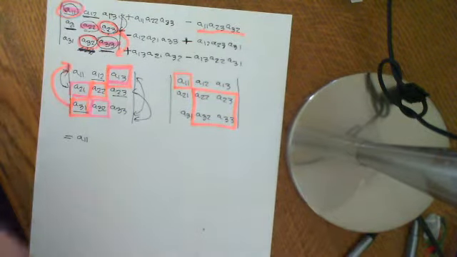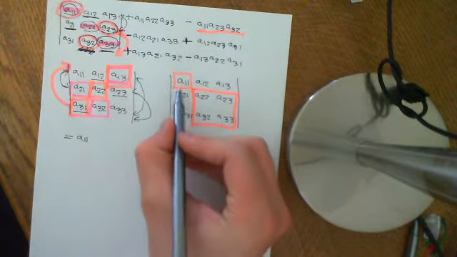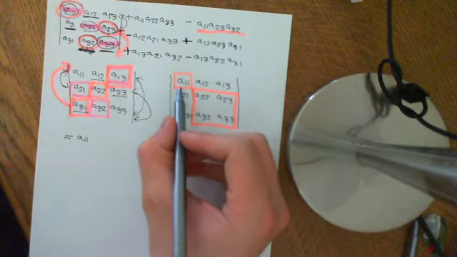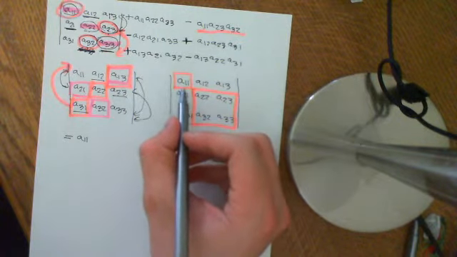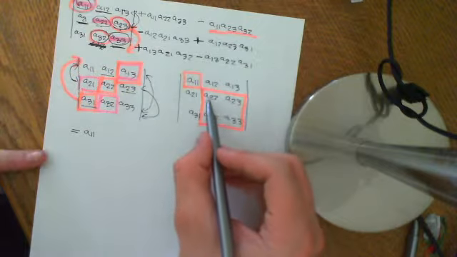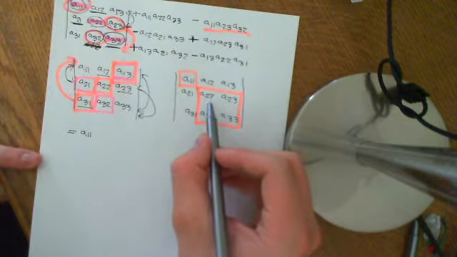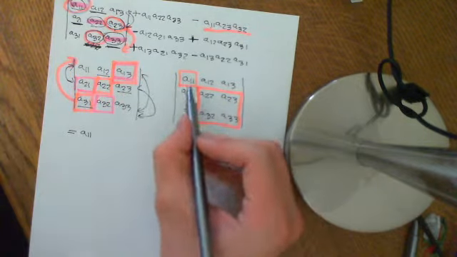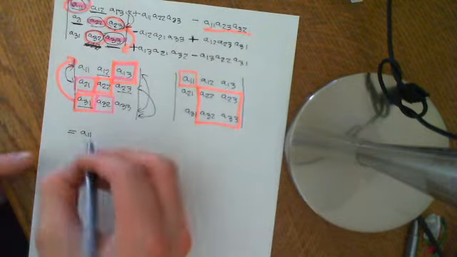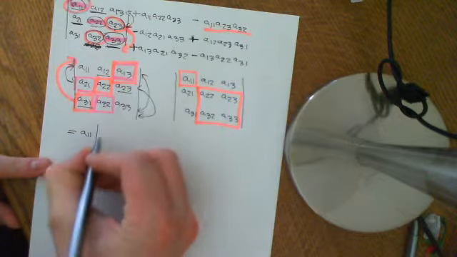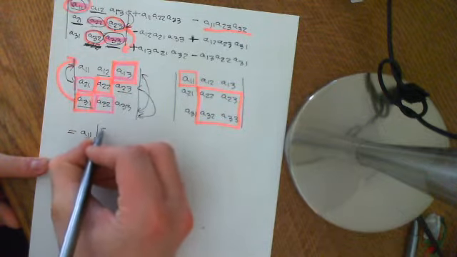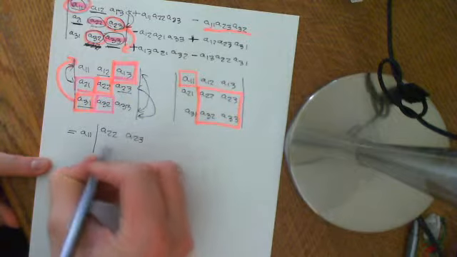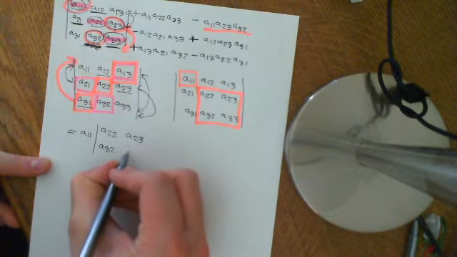And also note that A11 is in the perfect position. So you do not need to worry about having to move A11 at all. So if there are permutations that need to occur later on, they're going to occur between the elements down here because this one's already in the perfect position. So what you could write this as is A11 times the determinant of this smaller matrix, A22, A23, A32, A33,